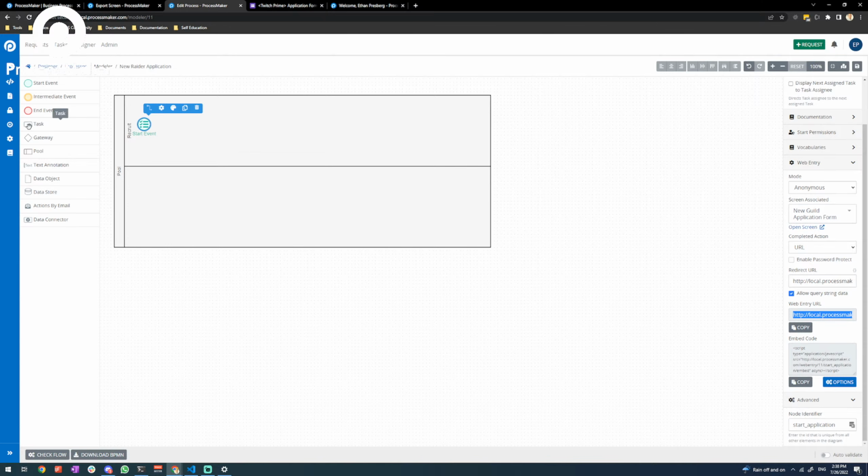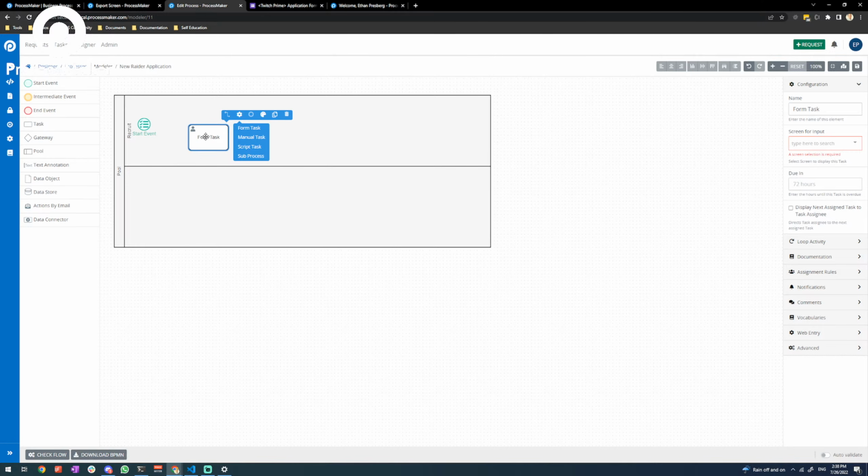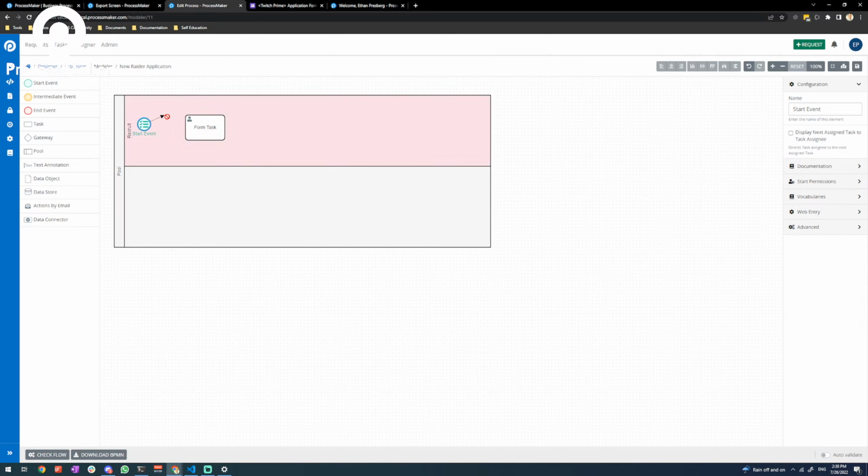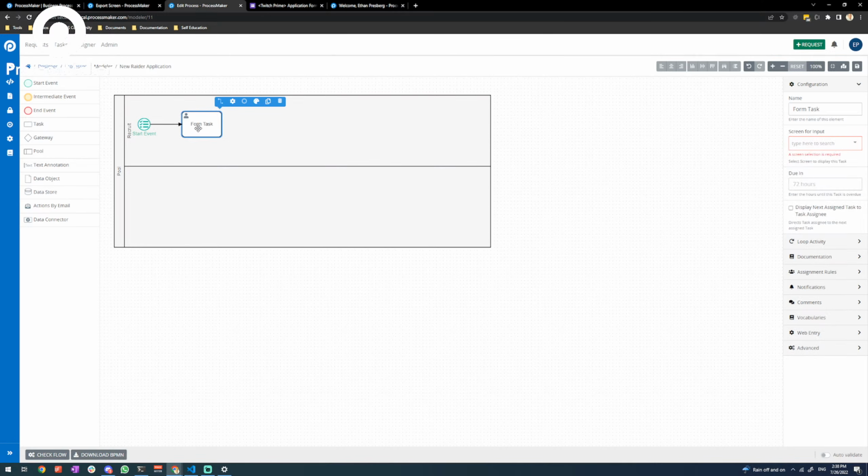maybe I need a task for it to do something. Probably, yeah. So let's just connect the dot. Let's just build out a quick scaffold while we're at it. So this is going to be submit application. Actually, no, we already submitted the application. So this is going to be,